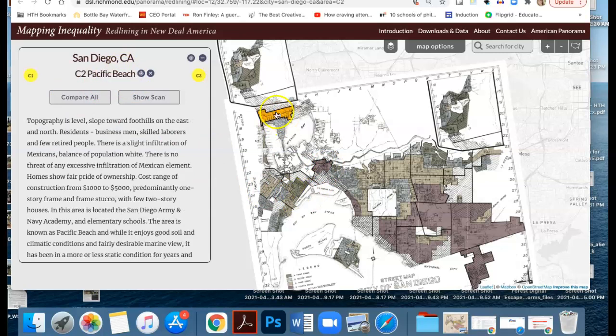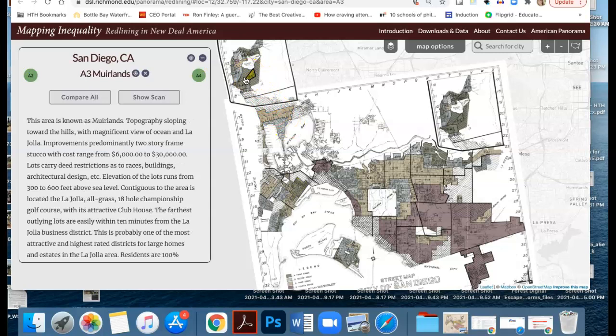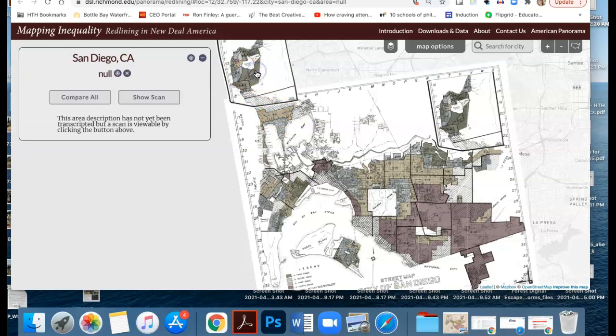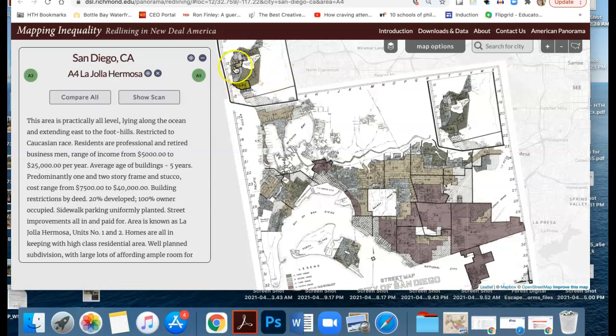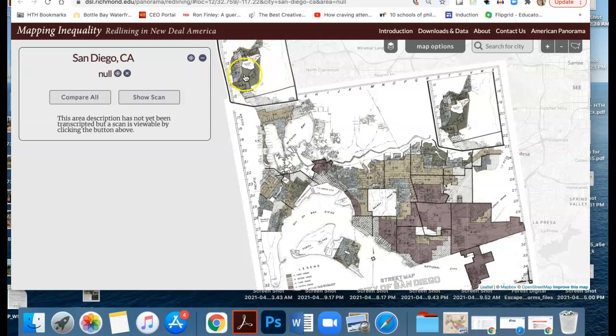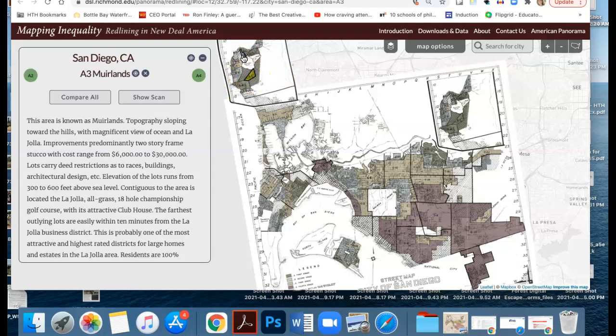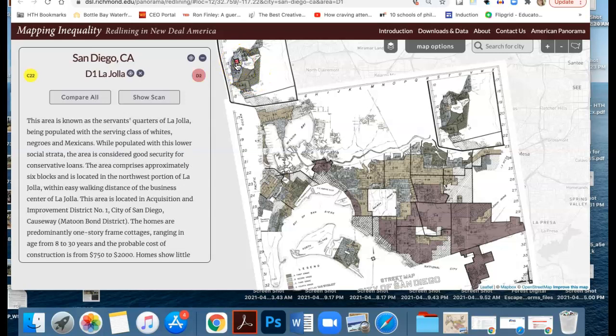Here we have Pacific Beach. Up here is La Jolla. So I want you to make sure that you're spending some time reviewing all of the different areas that were redlined and just kind of clicking through. Read what the HOLC had to say about each of these,